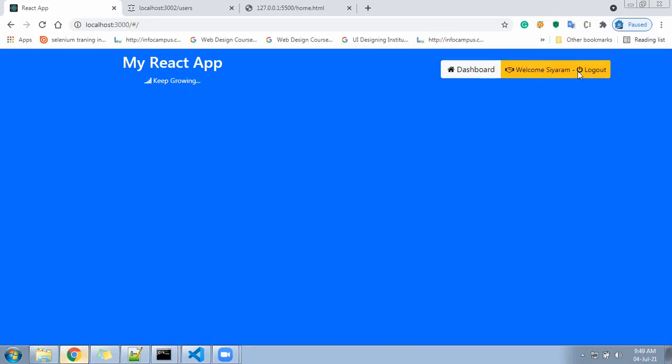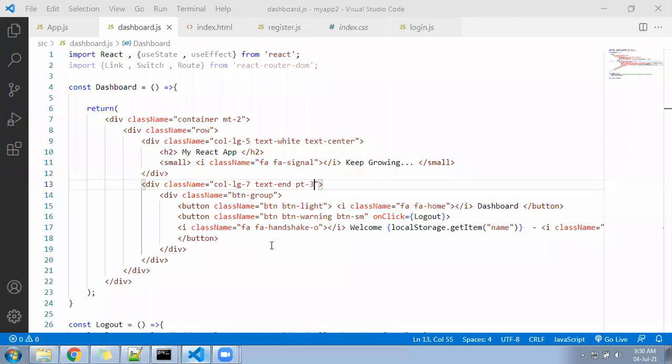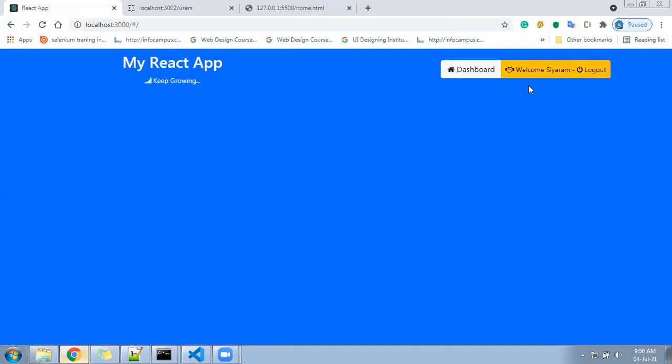Is there more gap or is it okay? Let me put p-2. P-2 is okay, p-2 is fine.